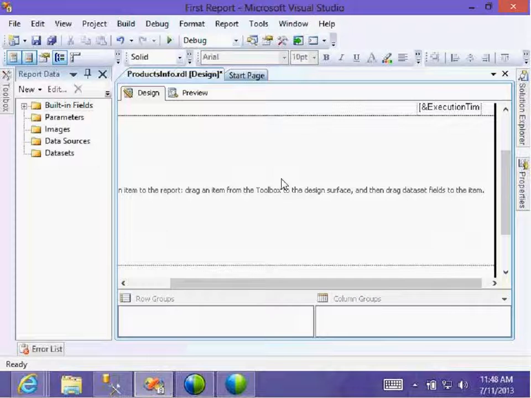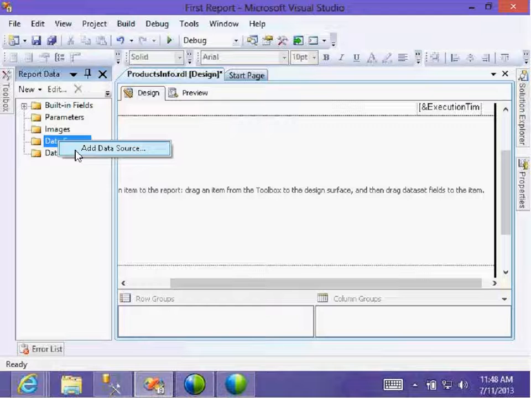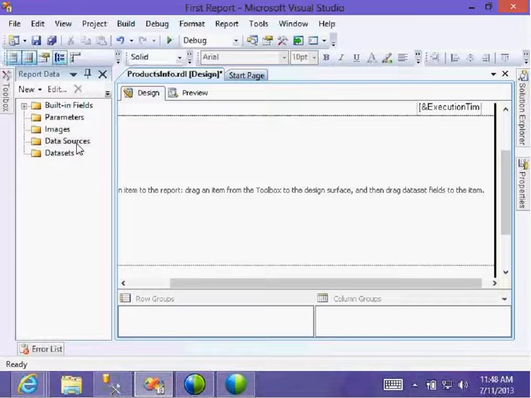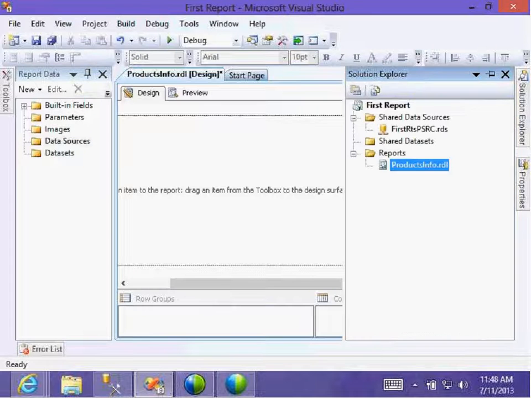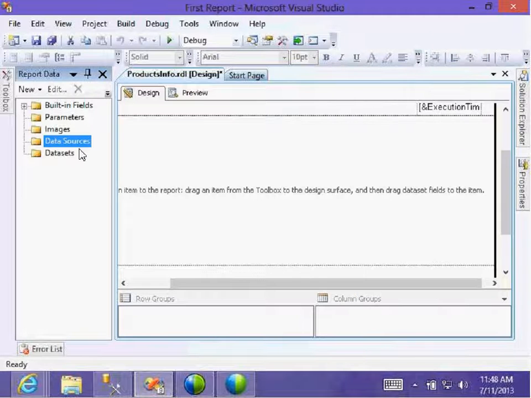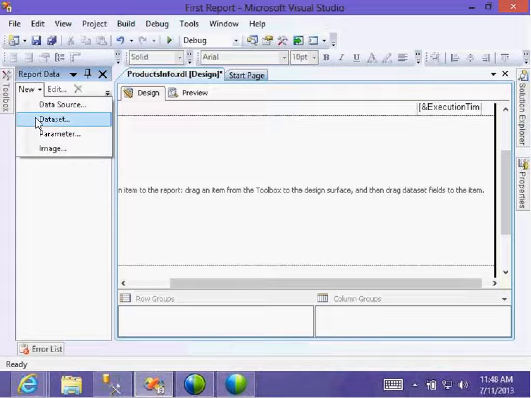Now, click on the report. That is important. Now, databases, data sources. You automatically get your shared data source. No, it is the data sources here. Or else, if it is not displayed here, you can go here, New.